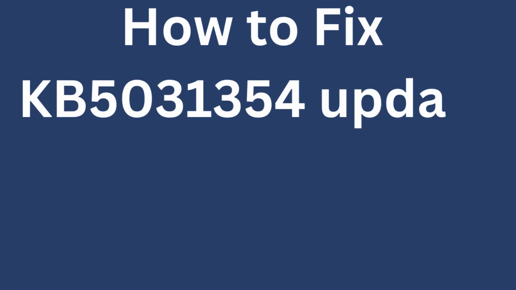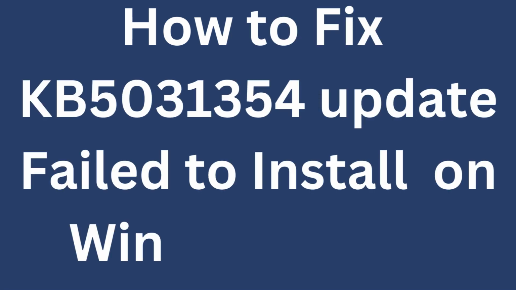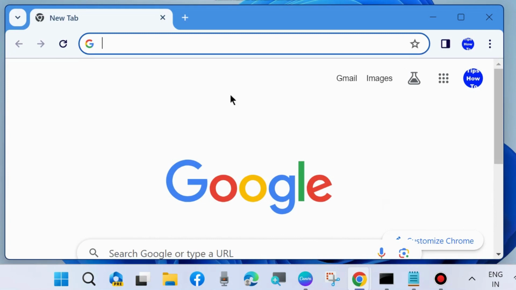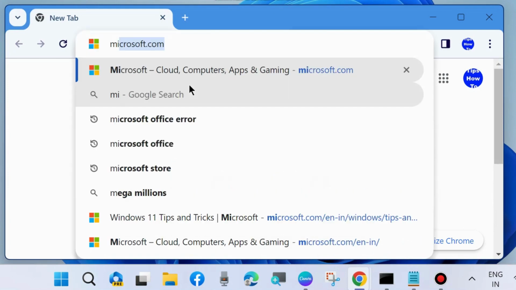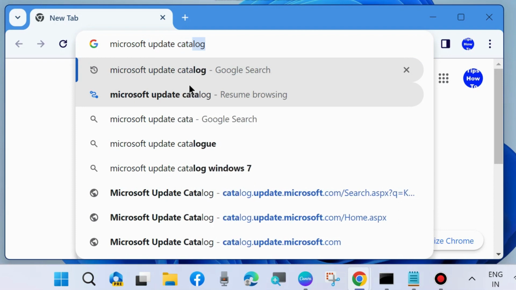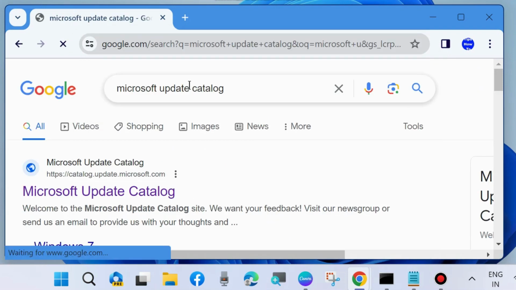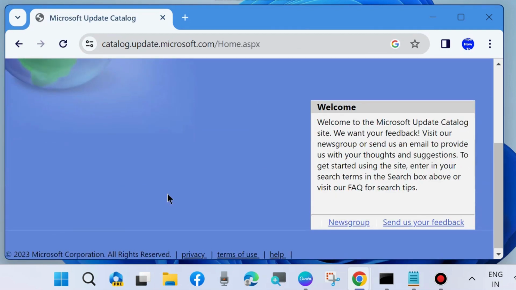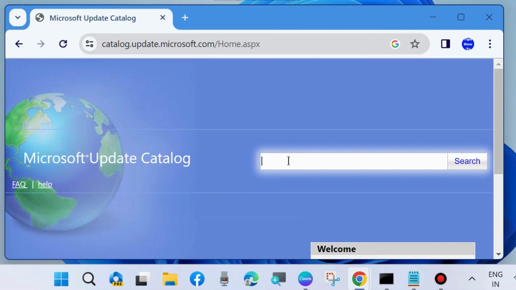To fix KB5031354 Windows update failed to install on Windows 11 and Windows 10. And to fix this Windows update error, first workaround is launch your Chrome browser and here go to Microsoft Update Catalog and install KB5031354 update manually. In Microsoft Update Catalog, look for this update and click on search and update the